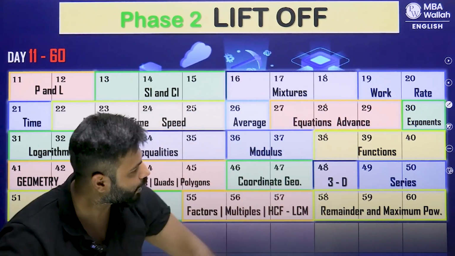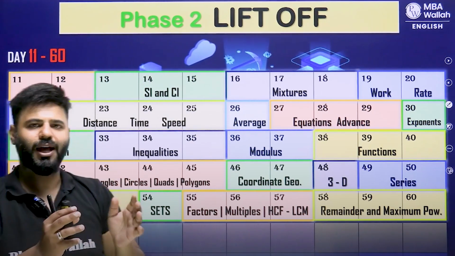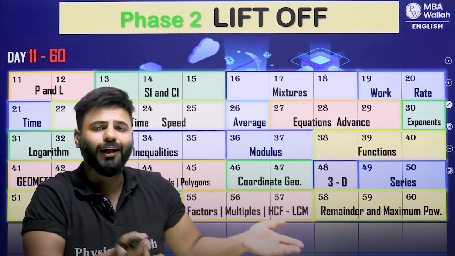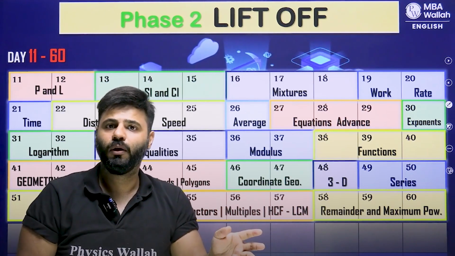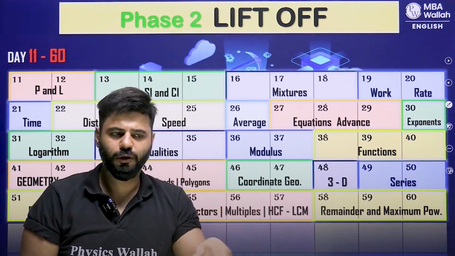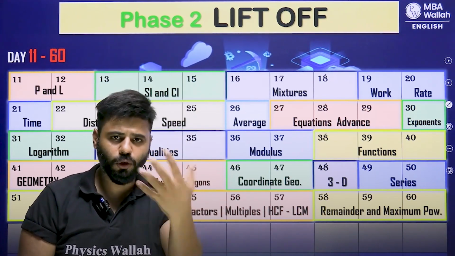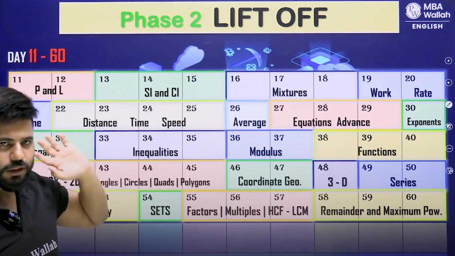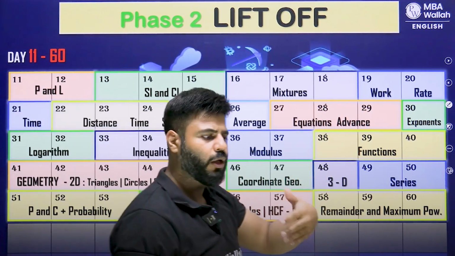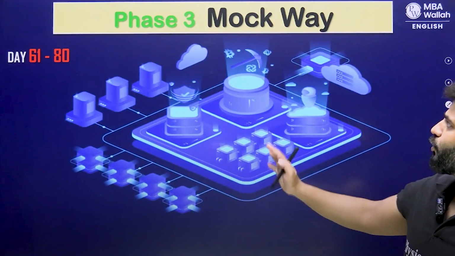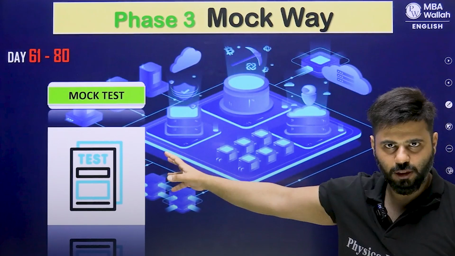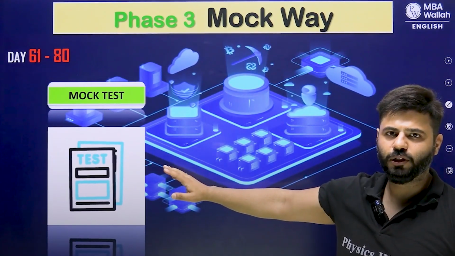They just spread the syllabus around the 80 days, and in the last 10 days you have no idea how you will perform on the exam day because you haven't taken any mock, so you have no clue. You have no strategy when you're sitting over there. You just start with a random question. You don't even know which topic you're good at. That's very important. So once you're done with these 50 days, move to phase 3. And this becomes one of your most important phases, the mock phase, where you take the mock tests. And it's not just about taking the mock test.